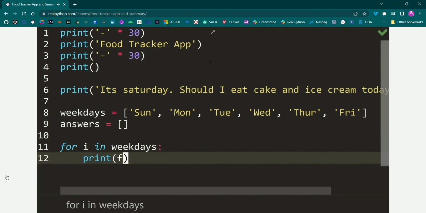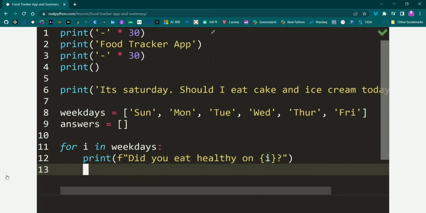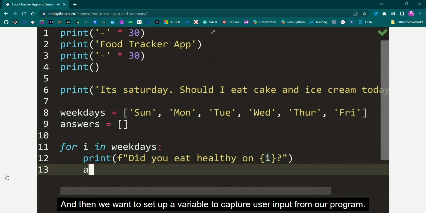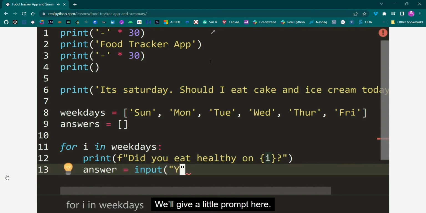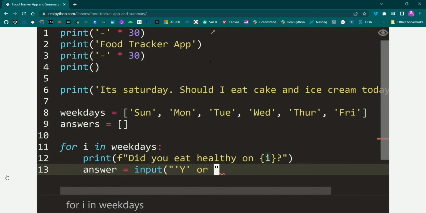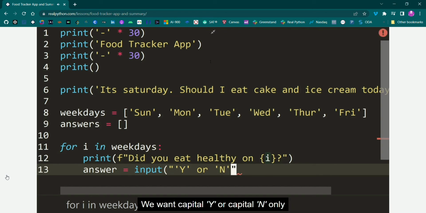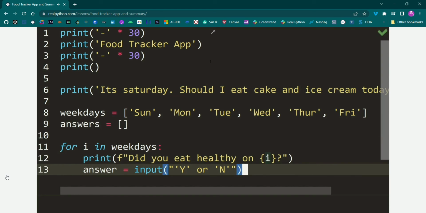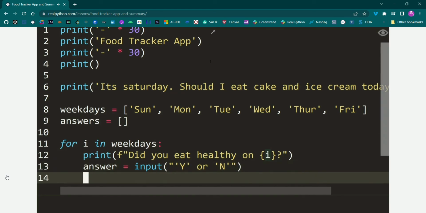So let's set that up. And then we want to set up a variable to capture user input from our program. I'll give a little prompt here. We want capital Y or capital N only as our answers.